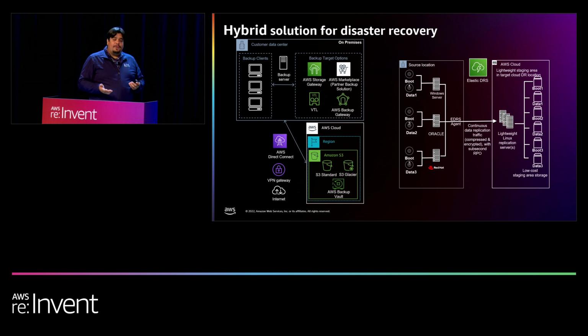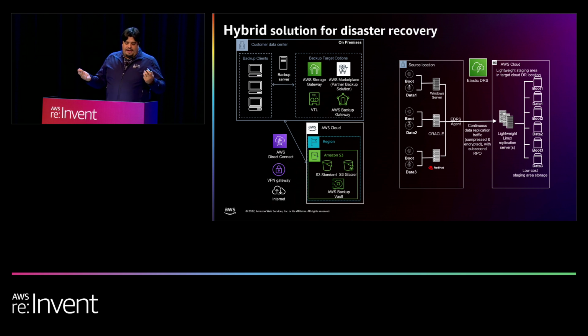We can do that in multiple ways, as you can see here. One of them is using AWS Storage Gateway to replicate data at the volume level or at the file level from your infrastructure all the way up to the cloud. The second option, still in the Storage Gateway family, is the Storage Gateway VTL, or Virtual Tape Library, which will emulate a tape library to the traditional backup software. But every time you send data to that VTL, it will be pushed to AWS on an S3 bucket.